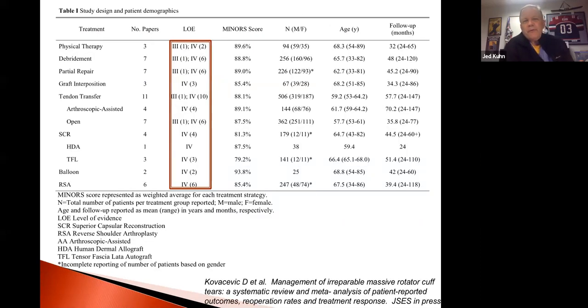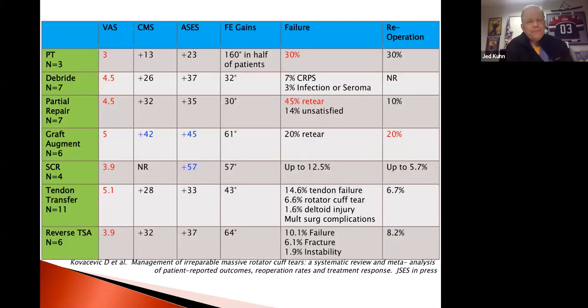This is a table from that paper. As you can see, most of the papers are case series, sometimes level 3 studies, but there are very few comparative trials to look at all these different options for treating massive cuff tears, which is a problem. Next slide. This is the results in short, and again, you really shouldn't be comparing different treatments because there's too